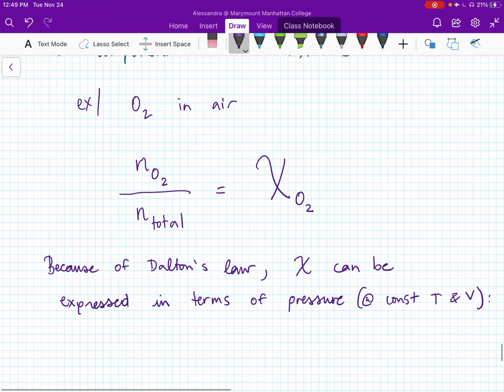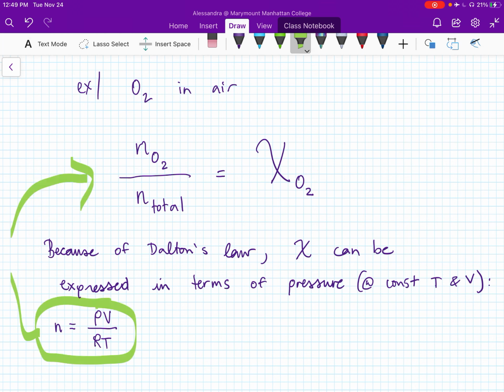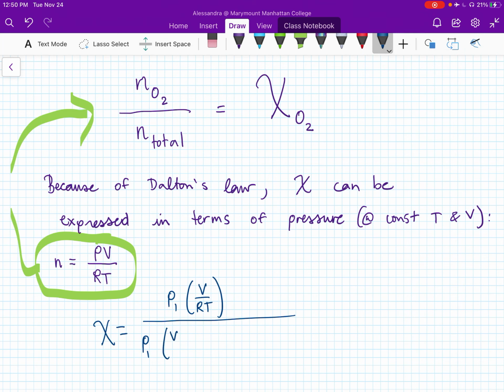All right, so why is this? If we think about the number of moles for a gas situation, we can rearrange the ideal gas law to say that the number of moles is PV over RT, right? Now, I can take this definition of n and plug it into my expression for the mole fraction. So the expression for the mole fraction then becomes P1 times V over RT, I'm assuming that temperature and volume are constant for all the components, divided by the sum of P1 times V over RT